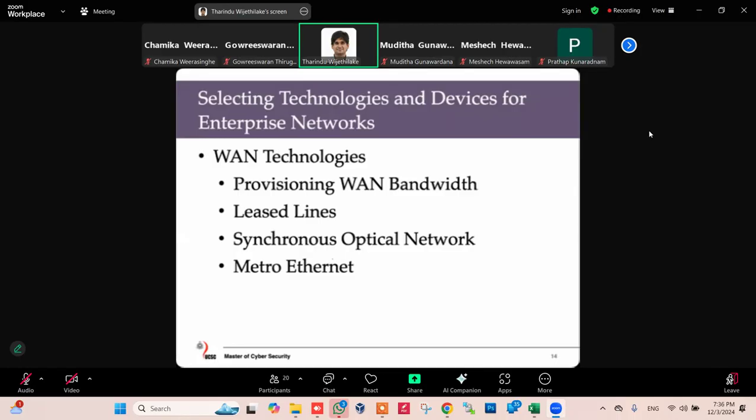Okay, so WAN technologies. When you are selecting these things, basically you have to think about the bandwidth. It is not only for today's requirement. That is the main thing. You have to predict what will happen in the next couple of years. So you have to provision. You have to think about the capacity requirement for the next 2 or 3 years, and then go for this